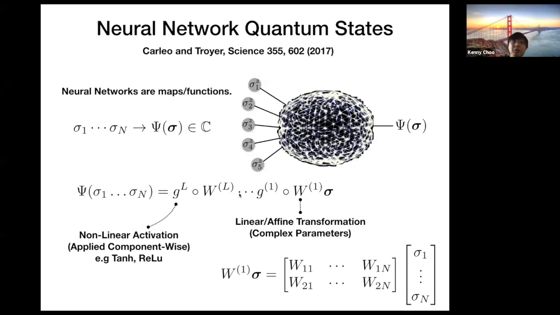Since we want to represent a complex wave function amplitude, there are two ways that we can do that. One way is simply to use complex weights for the matrices so that the output would naturally be complex. But this can sometimes lead to optimization problems because complex functions are not so well behaved and there could be some singularities. The alternative is to use real parameters, but have the network output two outputs, one for the amplitude and one for the phase. We tried both approaches, but it's not completely clear which parameterization is better.